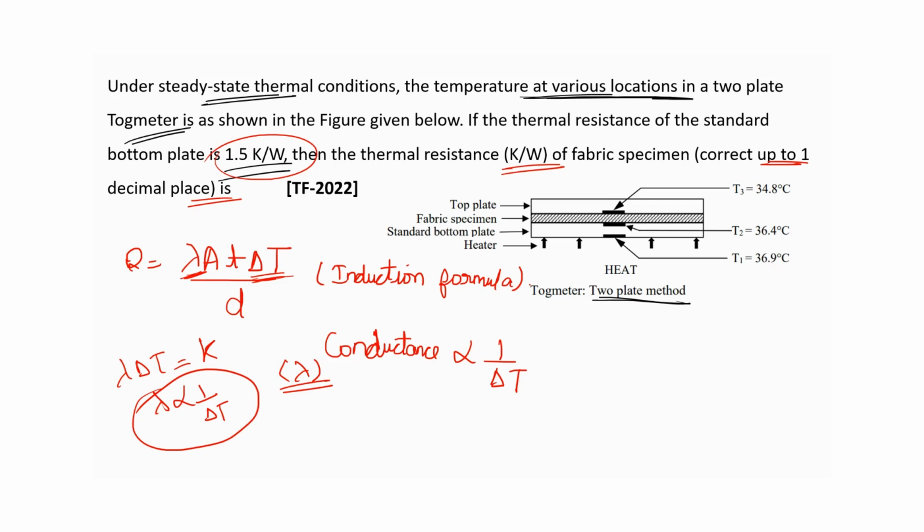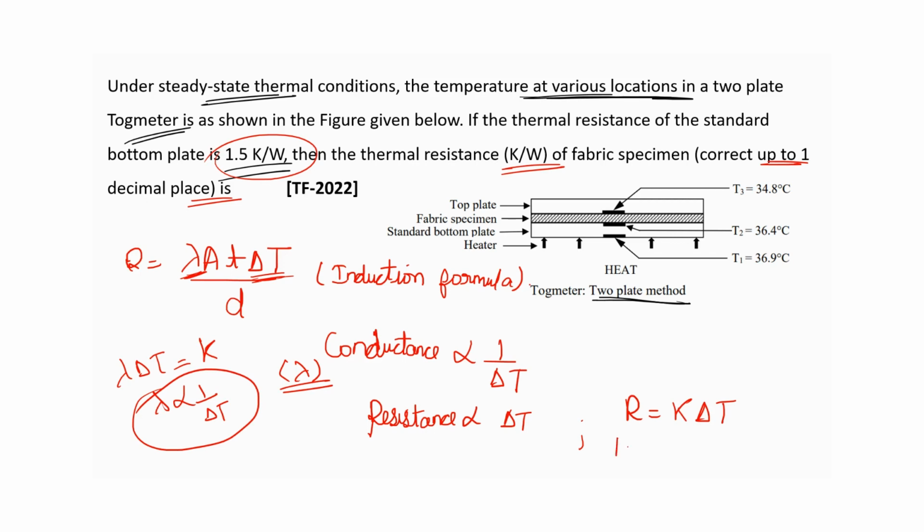If the relation between conductance and temperature is inversely proportional, then what will be the relation between delta T and resistance? Since conductance and resistance are inversely related, resistance is directly proportional to delta T. Then we can write R is equal to K into delta T. Then R is given